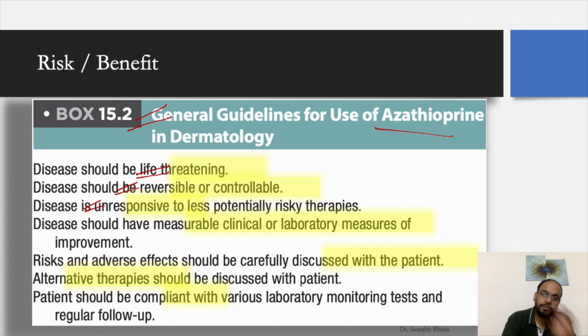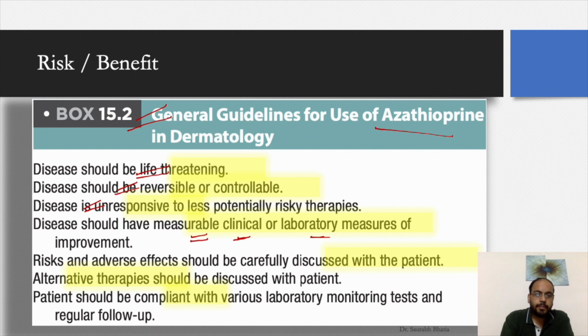So if there are other options available which are less toxic than azathioprine, and the disease is not responsive to them, then you may consider using azathioprine. It should have measurable clinical or laboratory measures of improvement. That means we should know whether the drug is working or not. If we don't have any way to know whether Azoran is working or not,